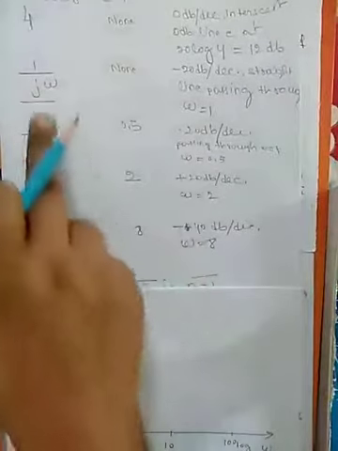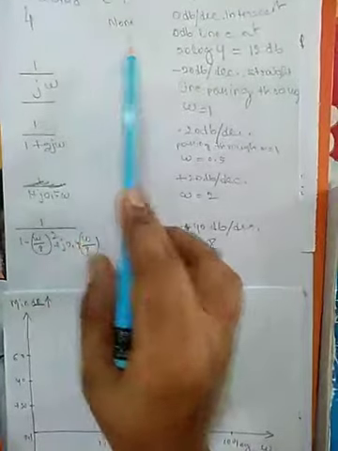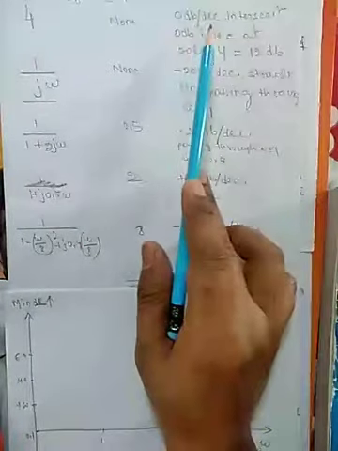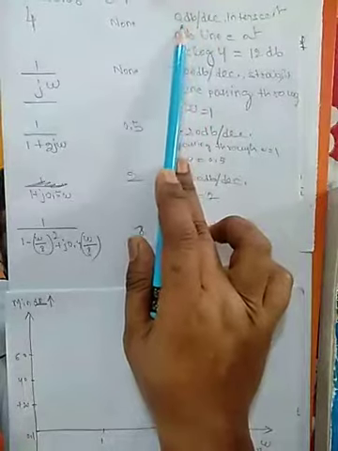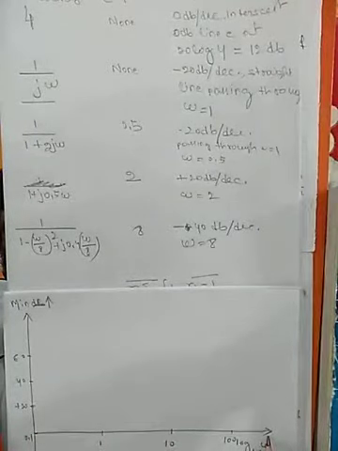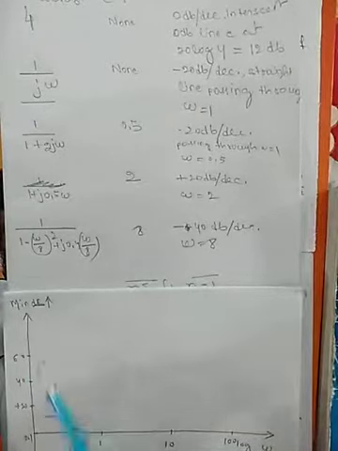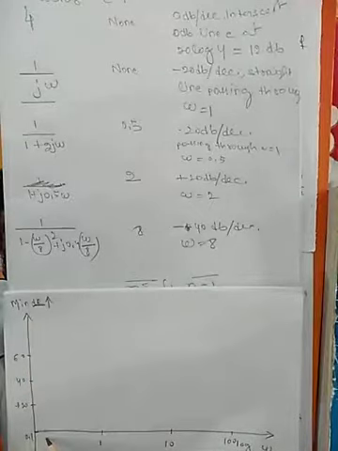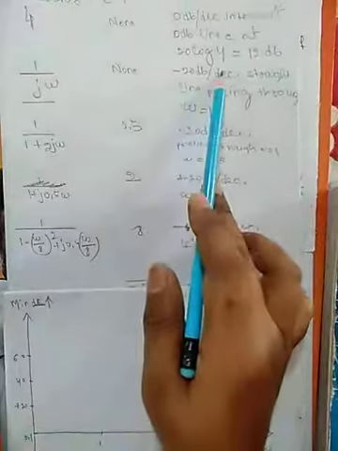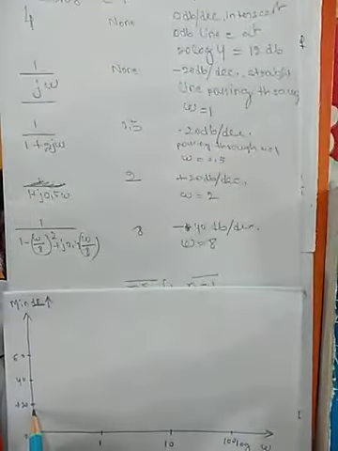So how do you start? First factor, the constant gain K, corner frequency is none. And what is the nature of the curve? It is a straight line having the slope of 0 dB per decade, parallel to this 0 dB line, and it intersects the magnitude axis at 20 log 4. This is 12 dB. Let this one be 12 dB.